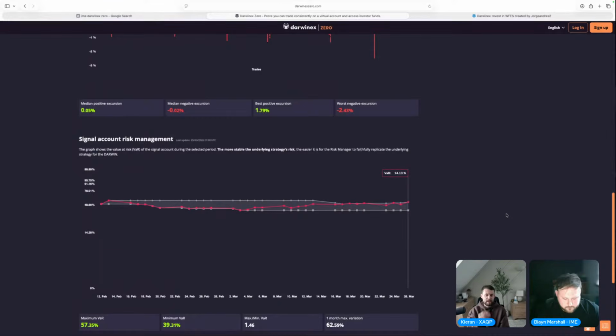Having said that, my piece of advice to you is 54% value at risk is very, very high. And what we've seen over the past 14 years of Darwinex being around is the level that we have a little bit of worry above is 30%. Anything above 30%, there is an exponentially large increase in probability that you will blow your account at some point. It may take a month, it may take 10 months, it may take 10 years. And it's not to say that that's an absolute guarantee that you will blow your account.